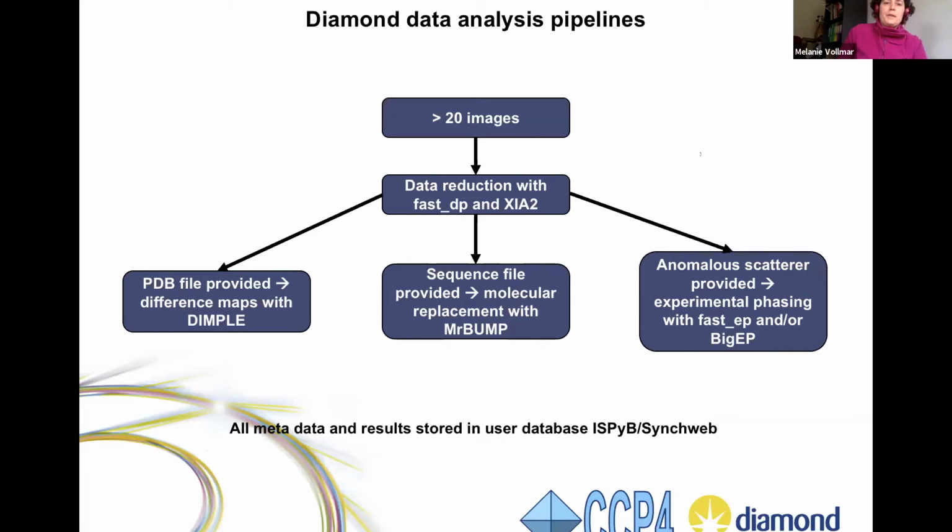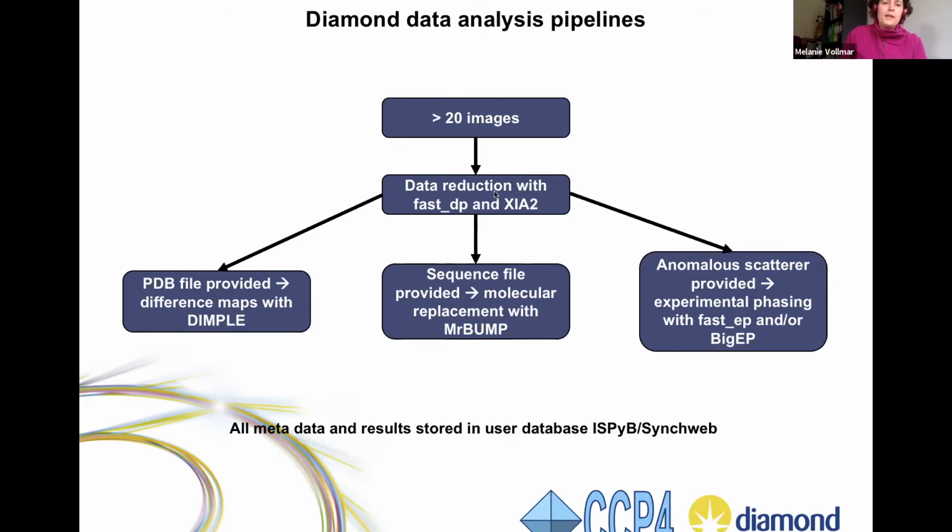What do these pipelines look like? For an MX data set, if it comes off the beamline, has been collected and it's more than 20 consecutive images in a rotation data set, we do some integration in the data reduction step with two packages, fast DP and ZR2. These are in-house developments. They analyze the data and produce some output, which then needs to have a phasing